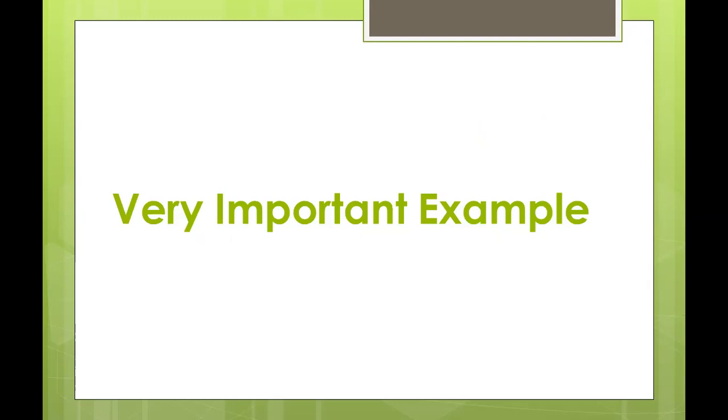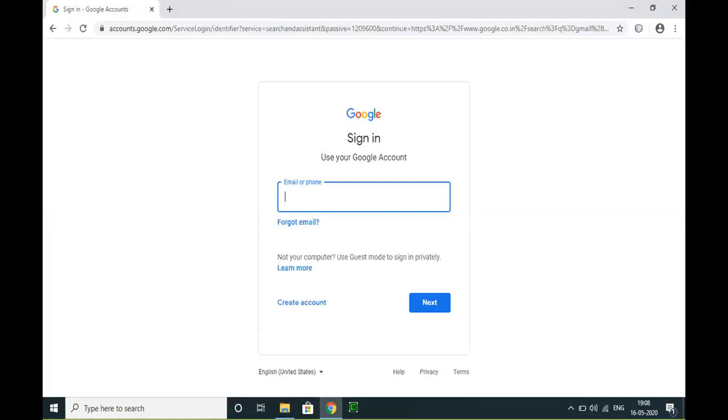Okay, right. Look here. When you type www.gmail.com, you'll get this window. Whoever types, all the users will get the same window. Do you accept or not? Everybody. When I type www.gmail.com, I got this page. When you type, you'll also get the same page. So this page is common for all users. This kind of page can be developed using HTML alone. Not a problem, only HTML alone. So you have to create a text box and sign in text, and you have to display it.